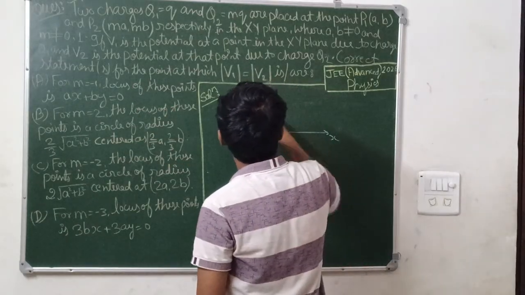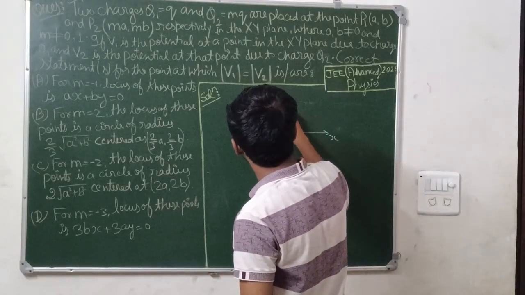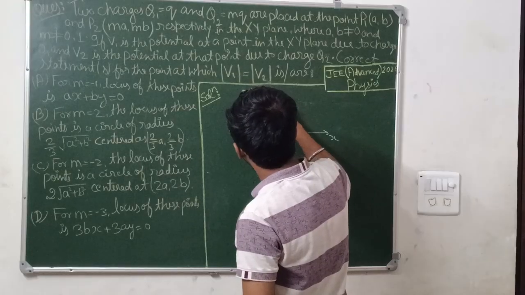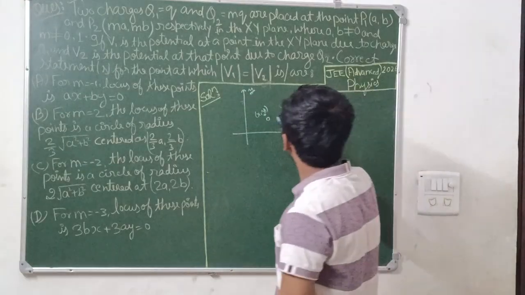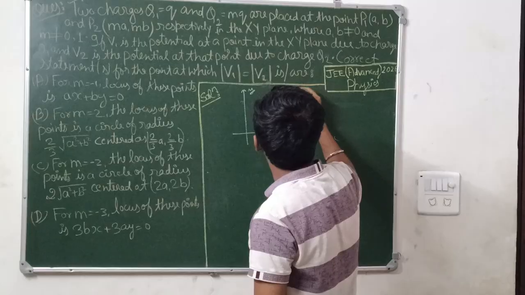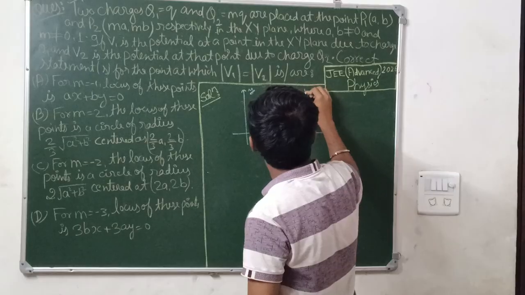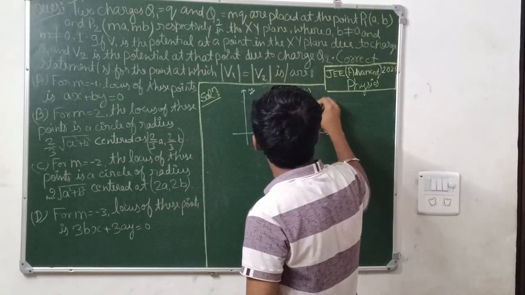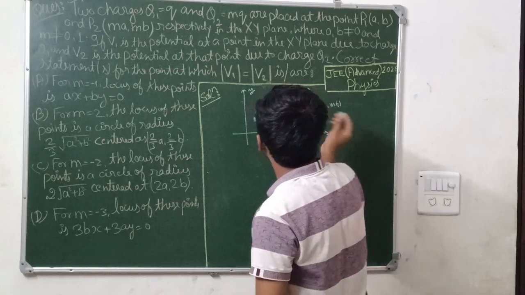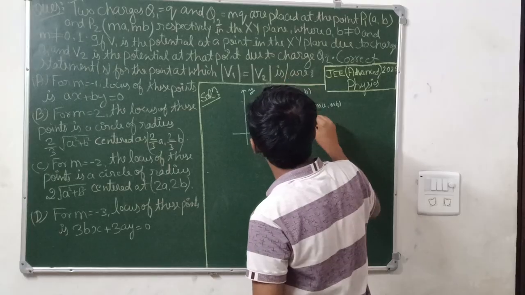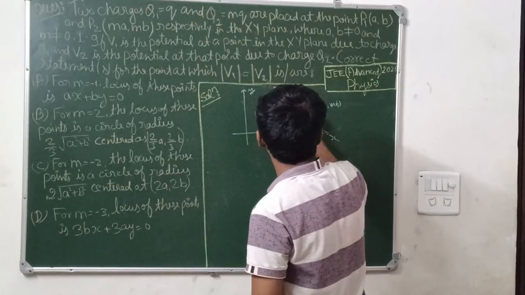So in the xy plane, they are saying at any arbitrary point in the xy plane. You can assume any point. Assume this point O, and the coordinates of O, because it is in the xy plane, can be x and y only. Clear? And you have to take two other points P1 and P2. The point P1 is (a, b), and point P2 is (ma, mb). You have to find the potential for the charge Q1 which is at P1 and charge Q2 which is at P2, with respect to the point O.